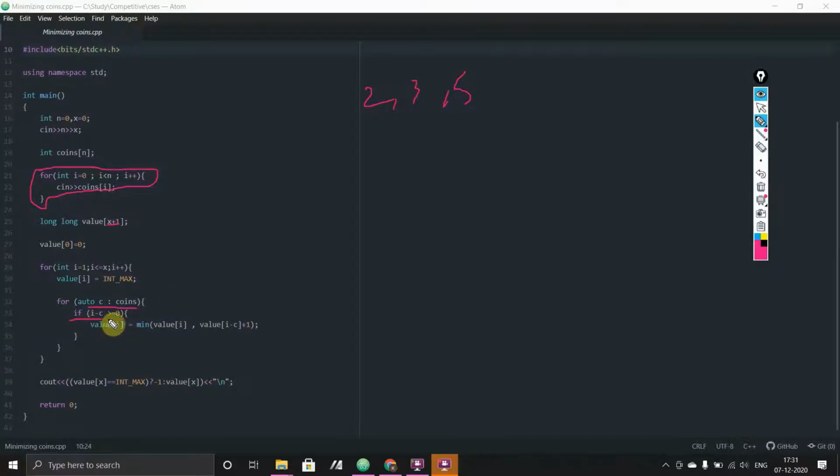Now this is actually important because we don't want our sum to go negative. Otherwise it would have been just an easy problem in which you are just subtracting the highest number from it until it goes below 0 for the first time. But that is not the case. We have to make it exactly equal to 0. That is why any overflow, that is if c is greater than i, that choice is not valid, we cannot take it.